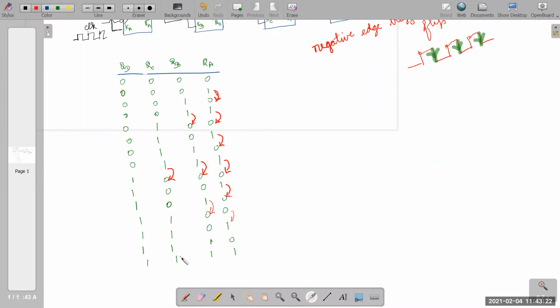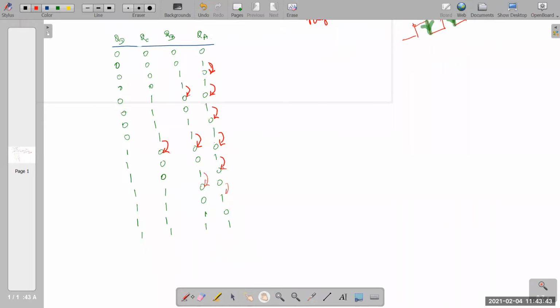Now I am going to the next state. This is very important. Can you say what the next state should be after all 1s? 0, 0, 0. Let us check whether you are getting that or not. Another clock is coming. Negative edge means I will put the down arrow. So what will happen to the first flip-flop? Its initial value is 1 now, and that will be changed to 0.